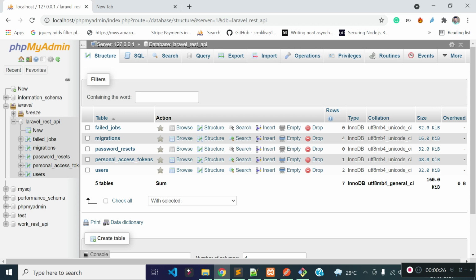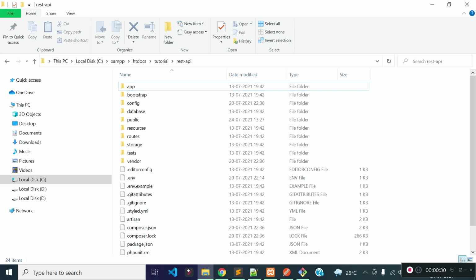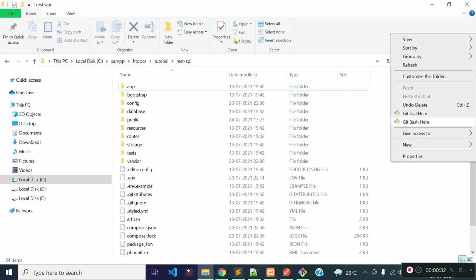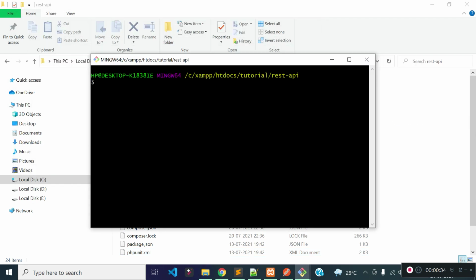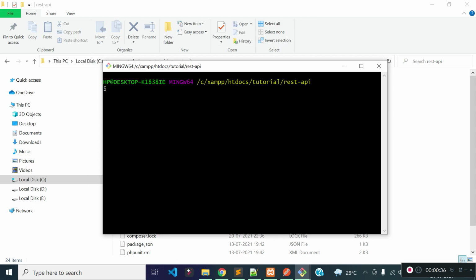table, because each of our blogs will belong to a category. So let's create the model and migrations file for the categories table. From our project root, let's run php artisan make:model, and the model name will be Category. I am going to create the migrations file along with the model creation, that's why I am passing the -m flag. You see, model and migration created successfully.